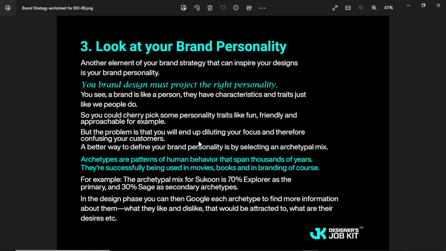You see, a brand is like a person. They have characteristics and traits just like we people do. I said this earlier before we started this session. Your brand is like people, like the way people react. Since you look out for certain things in people, for you to make them your friend, for you to rely on them, you also look at those things in a brand, either consciously or unconsciously. You could just pick some personality trait like fun. You say, this brand has to be fun with the way I see it. It's friendly, it's approachable. So by the time you pick all of these things,